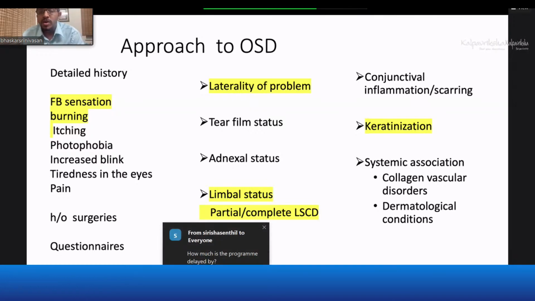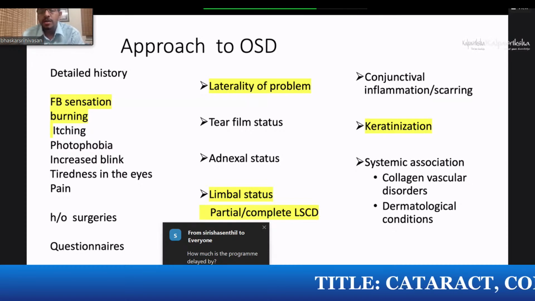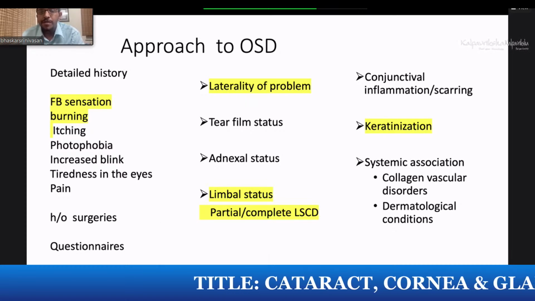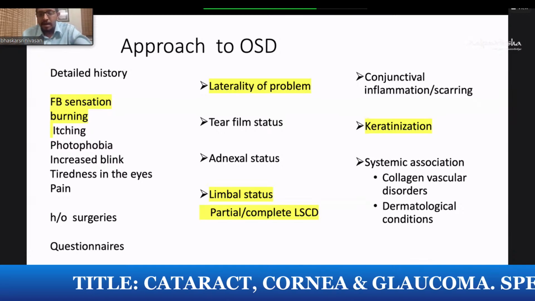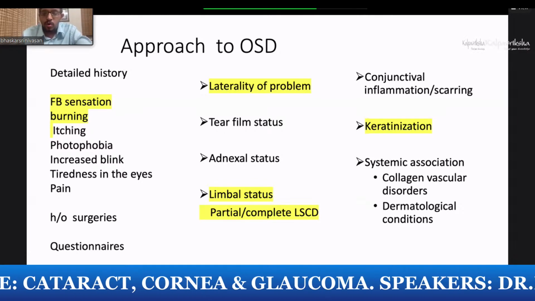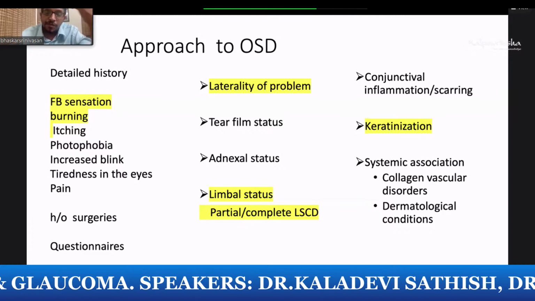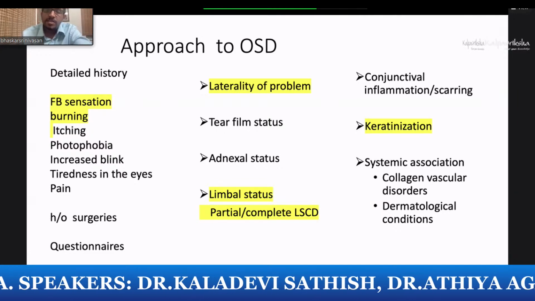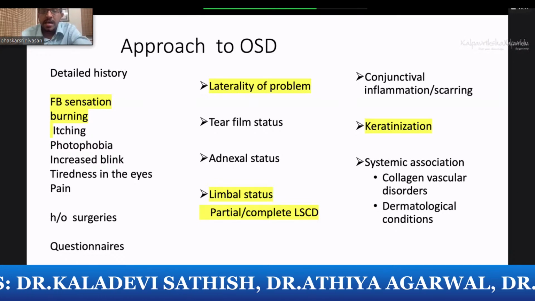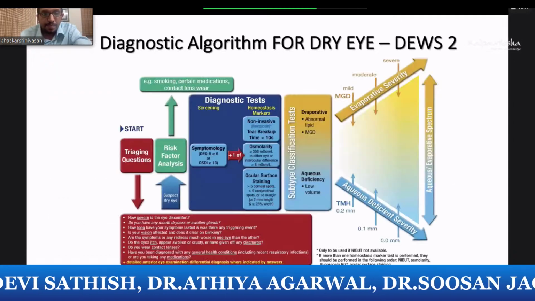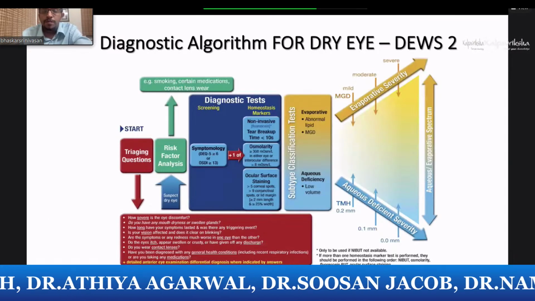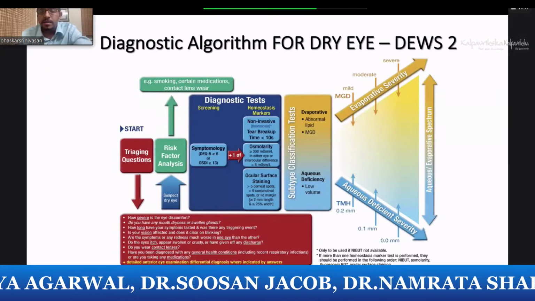where you need to know whether it is a unilateral problem or a bilateral problem. And when you're looking at cicatrizing conjunctivitis or a keratinized ocular surface, you're again looking at whether it's unilateral or bilateral, and then you need to decide whether you would want to do any keratoprosthesis. It is also important in ocular surface disease patients to know whether they have any systemic issues, because a lot of systemic diseases can cause ocular surface problems. So let's go through dry eye related diseases first.